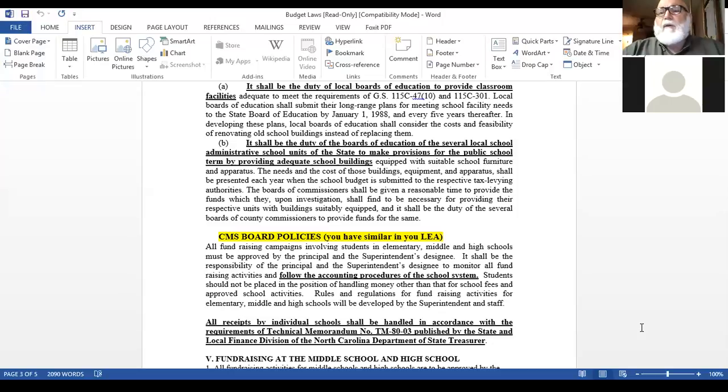Capital funding comes again from county commissioners to the Board of Education. Boards of Education in North Carolina are unempowered. That means they don't have the power to levy taxes and gather their own money for the school districts. They have to present a budget to the county commissioners, and the county commissioners give them money to run the schools. Where that money comes from for schools is from property tax, both private, residential, and from business, corporate property